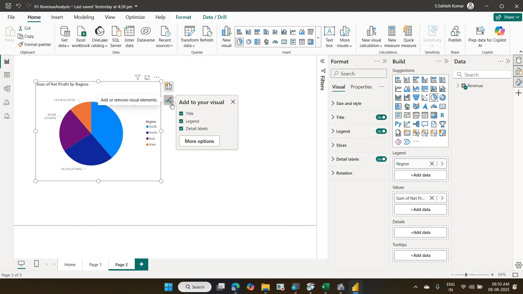So, this is one way you have to practice it regularly, at least monthly once or twice, start using Power BI. Okay. So, let us come back to the normal view. Could you tell me how can I come back to the normal view again? File, options and settings, options,